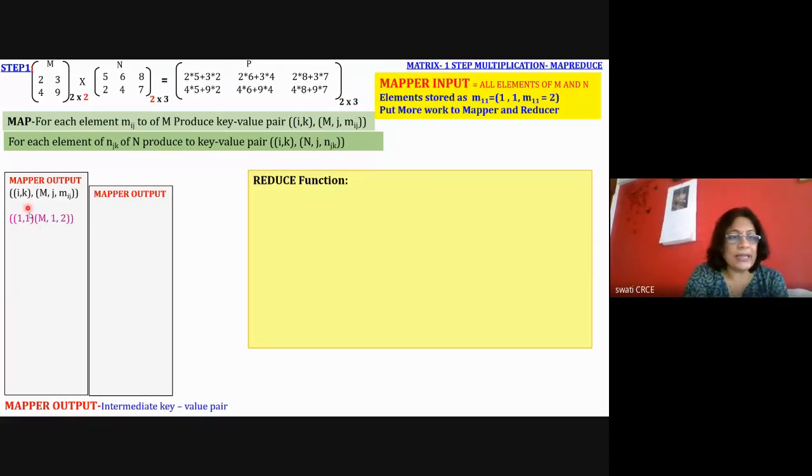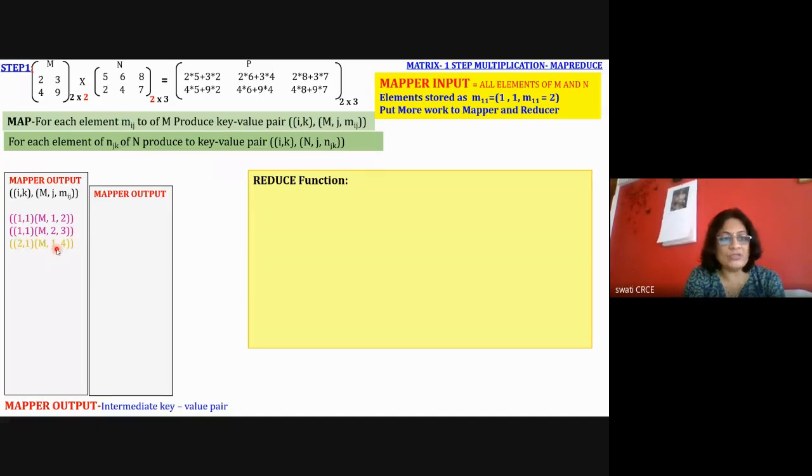So for k equal to 1, it will create all the pairs of Mij. This is M11 for k equal to 1, then M12, first row and second column, which is 3.